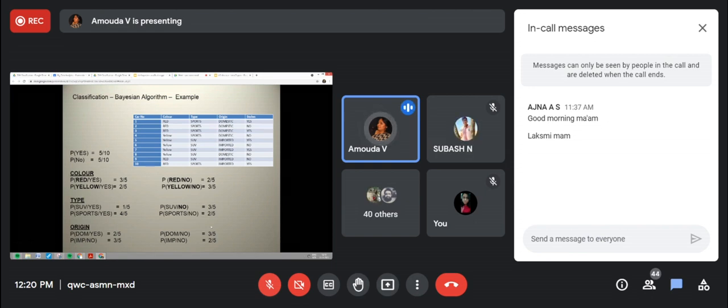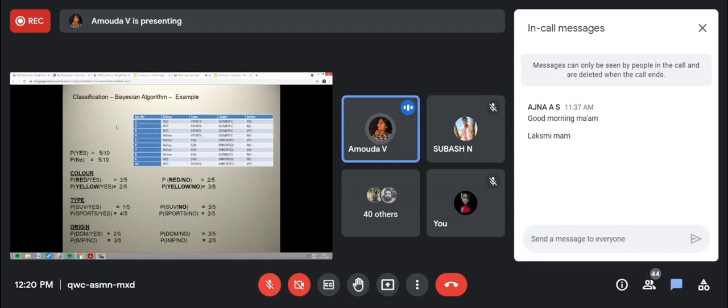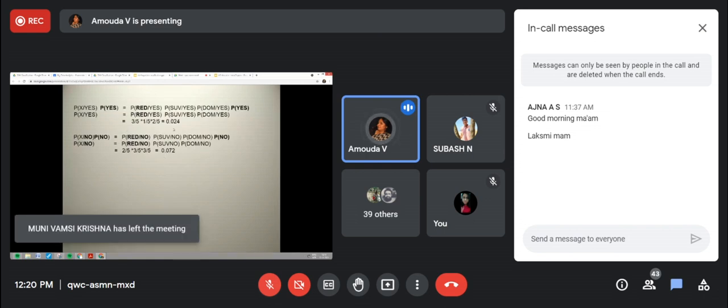Separately, you have to calculate the likelihood, and from these values, you have to calculate the posterior probability for yes and no. You take this and calculate by yourself and tell me which is stolen and which is not stolen. These two values are there. Accordingly, you can decide.